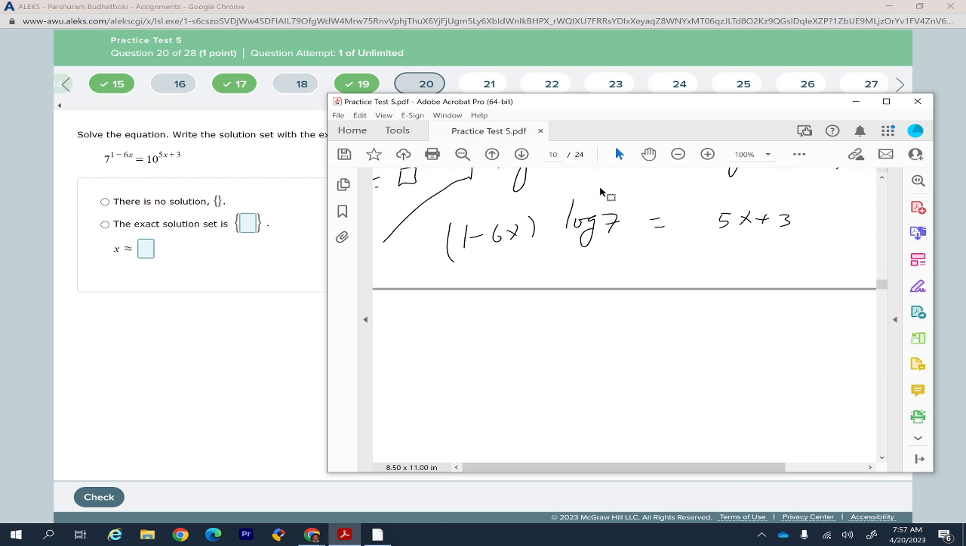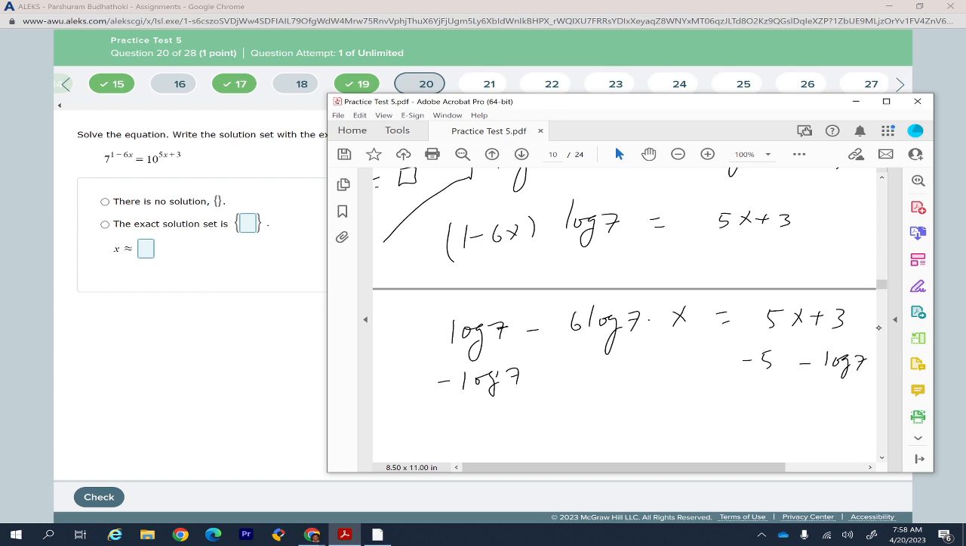Now treat this log 7 as a number like 5, 3, 2, something like that, and then try to solve this. So what do you do? You first distribute this log 7. Do not worry about this notation, it's just a number. Minus 6 times log 7 x equal 5x plus 3. Now your goal is to solve for x. So if you don't see x in a term, then just bring that term to the right side, and then all the x terms to the left side. So here I'm going to subtract log 7,